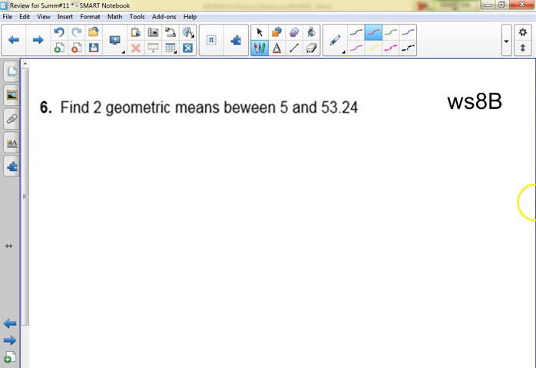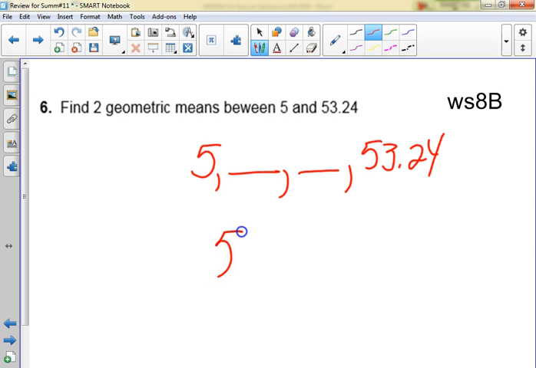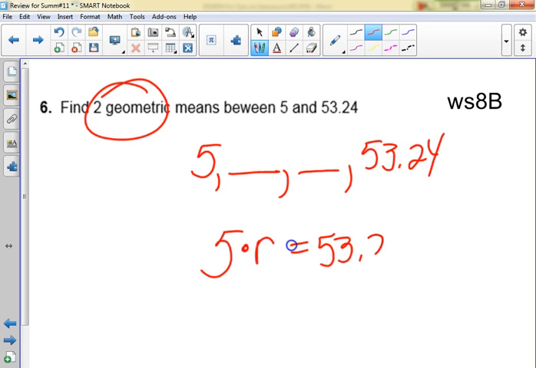Find two geometric means. What are we doing? Well, it means what happened. Geometric means we multiplied by something how many times? 1, 2, 3. So do we write 3R? Okay. So